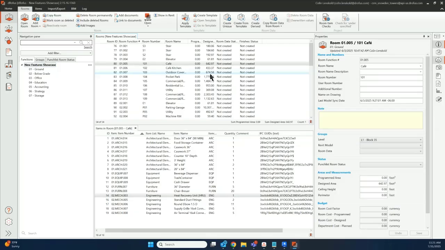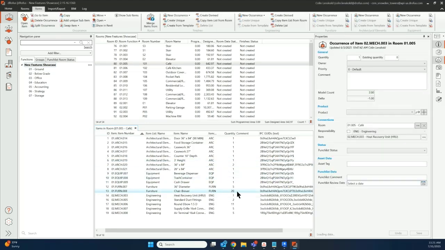Additionally, we now have the ability to see model count within the dRofus desktop without the need to open up the Revit model. So within my cafe that we were just looking at in the Revit model, I can see all my occurrences in my Items and Room panel. And what I can do is if I look at my 20 chairs here, I can see I've planned for 20 of them, but I'm also getting a model count of 20 chairs showing we're on the same page between